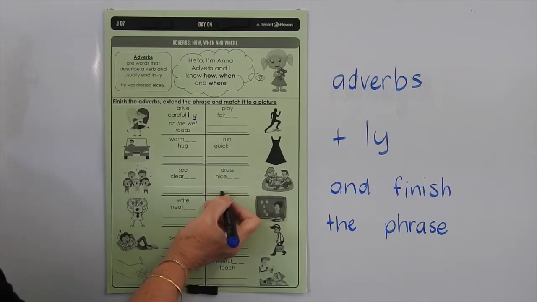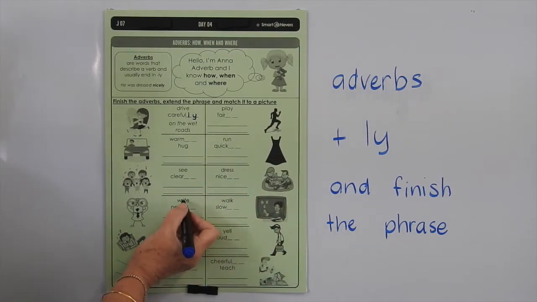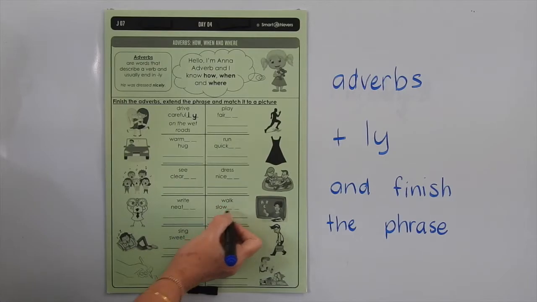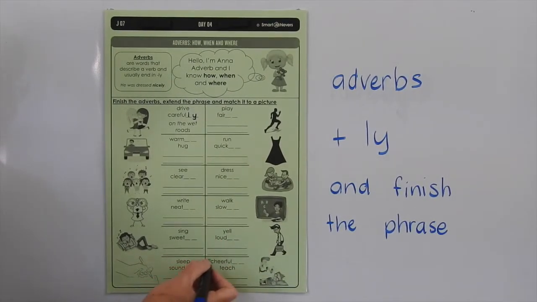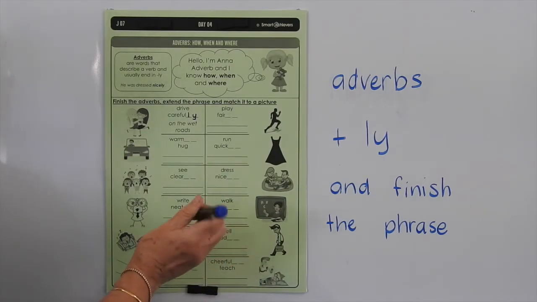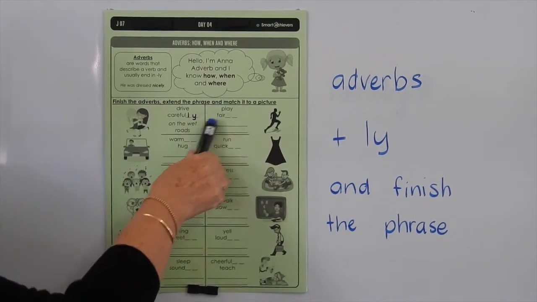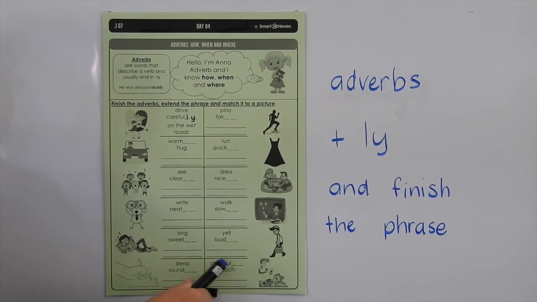We've got dress nicely. You've got to finish these phrases off on your own. Write neatly, walk slowly, sing sweetly, yell loudly, sleep soundly, cheerfully teach. So you have to think about the how, when and where these are happening and finish off these